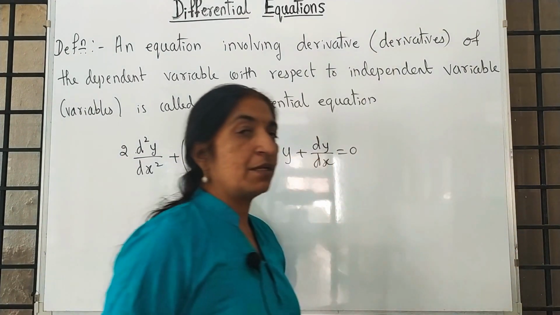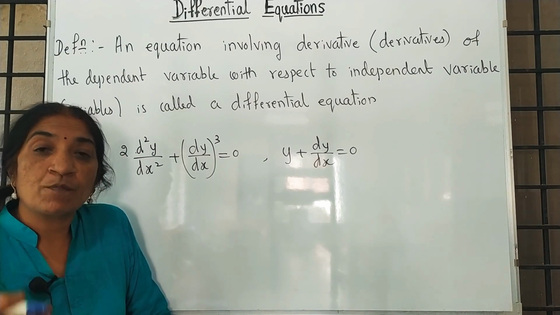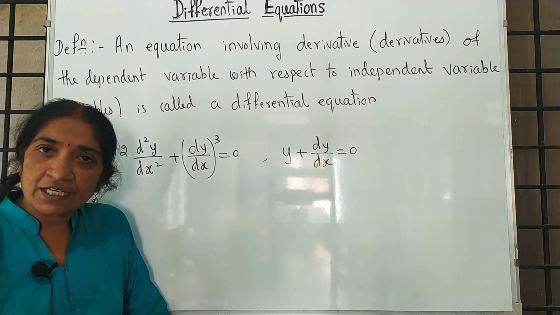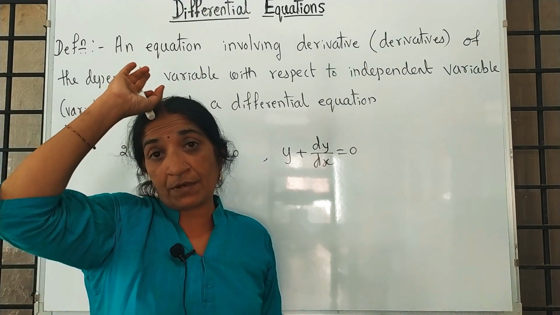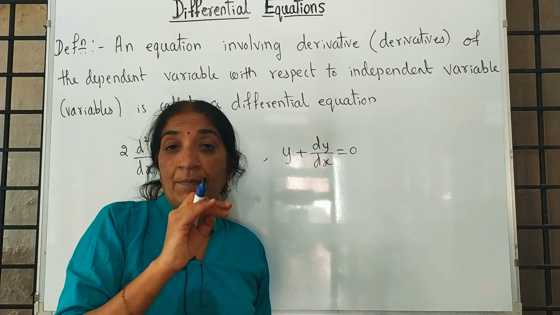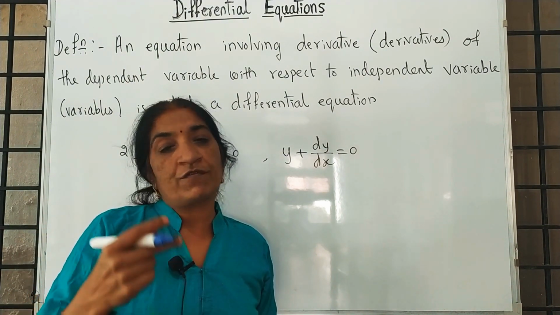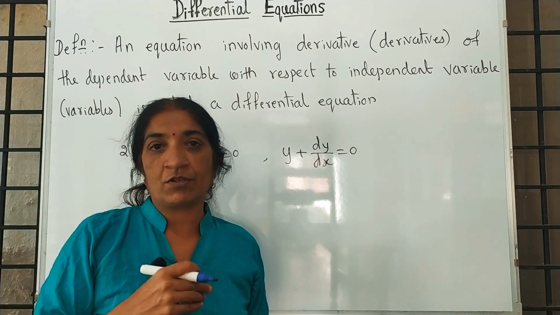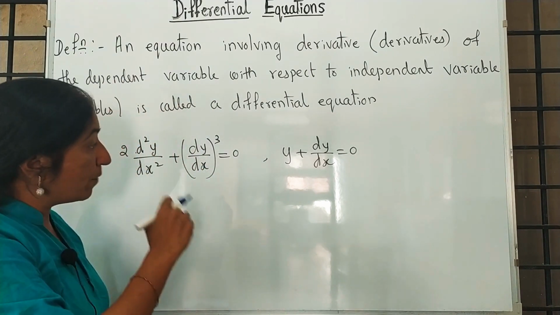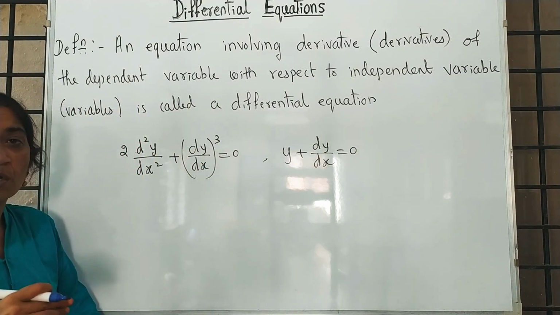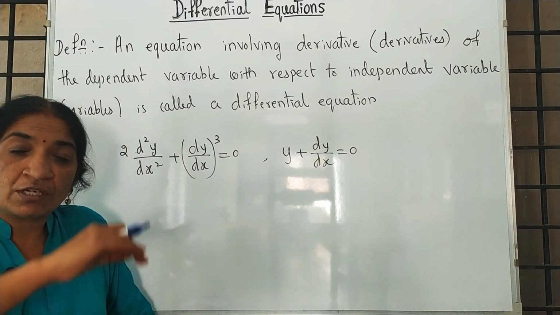One simple way to say order: how many times you differentiated? First time, first derivative; second time, second derivative. For double differentiation you call it a second order derivative. If you differentiate twice, second order derivative; if you differentiate thrice, third order derivative, like that. The maximum derivative is called the order, and whatever is the maximum derivative present in that equation, the power of that